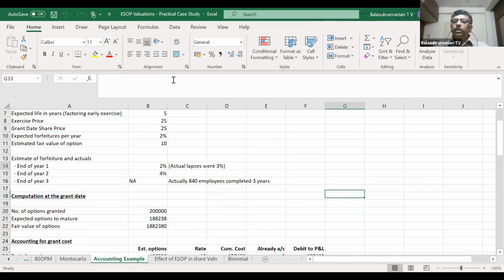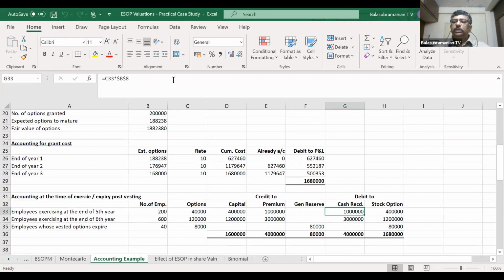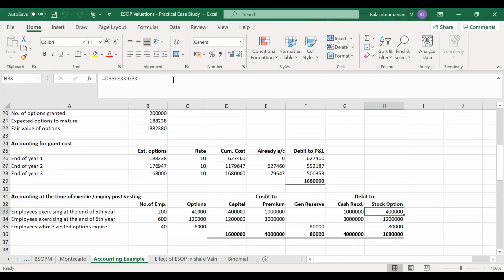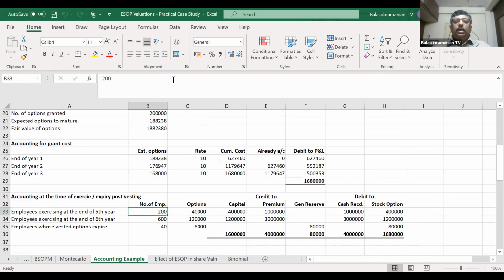As per this, 25 rupees into 40,000 shares goes in as cash receipt, and the balance gets adjusted to the stock option account. So this is how it gets accounted. And as we saw, out of 840, 600 is exercising in the next year. So in the same way for 600, it gets accounted. And for 40, they don't exercise at all. It lapses. Now, I have assumed here that it is lapsing after the